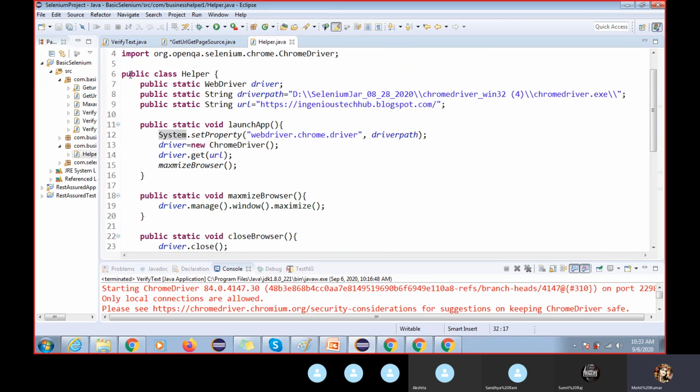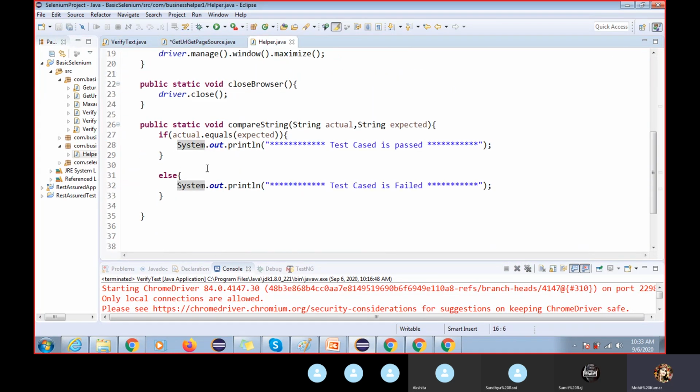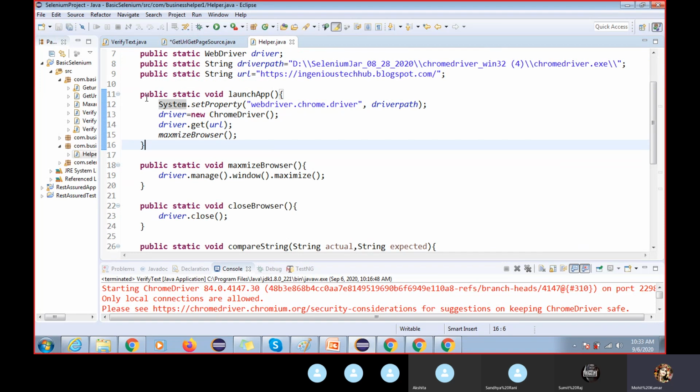in this code, in this class. Anyone having any doubt about how I have created it and how I'm accessing all these methods? If you have, let me know. All are good, able to understand? In the coming session we will use the same thing. If you are not able to understand, again you will face problems.